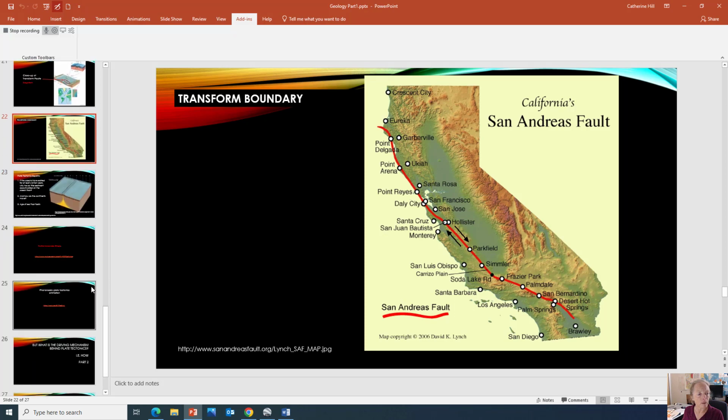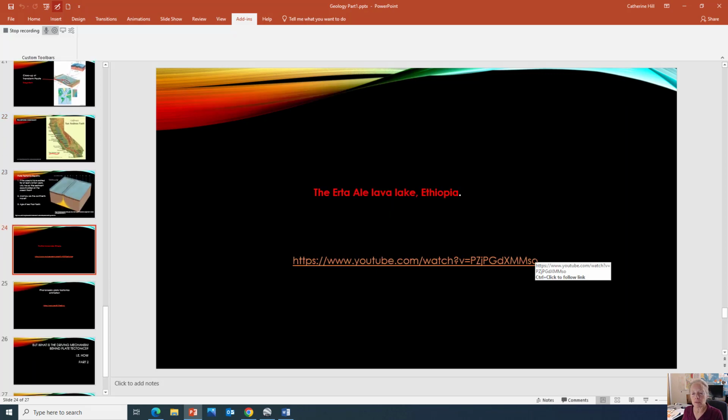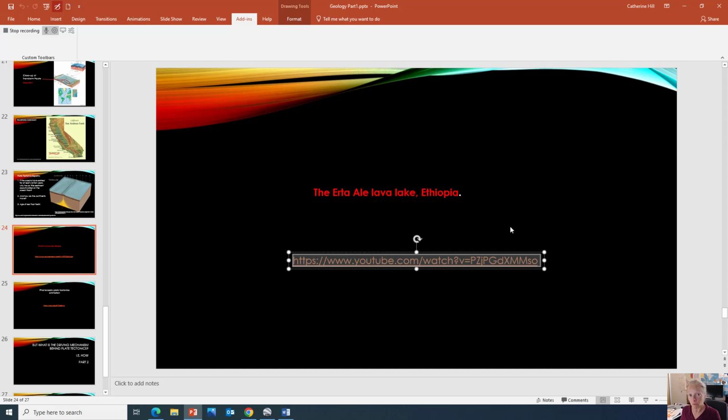This is what we call a lava lake. Where is it? It's in East Africa. It's at a spreading ridge. A new spreading ridge, because most spreading ridges are in the ocean. This one's on the land right now. It'll become an ocean someday, but right now it's on the land. And we have things in there called lava lakes. And this lava lake, where the lava's bubbling up,